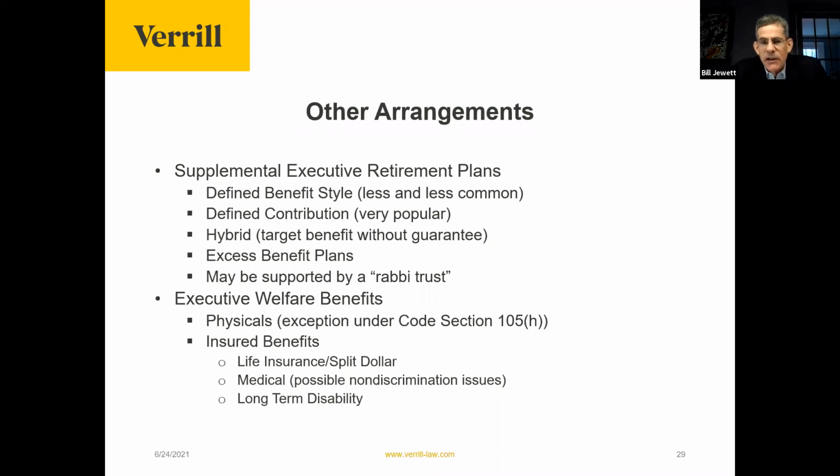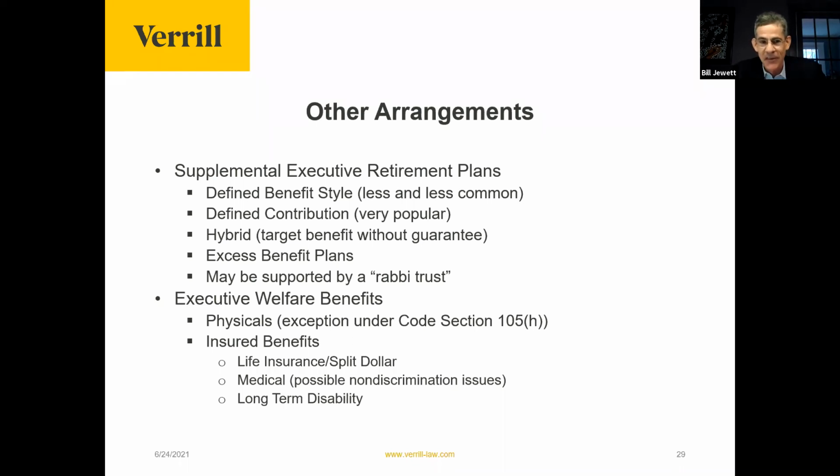There are supplemental executive retirement plans, which are essentially retirement plans that go over and above what the tax qualified ERISA plans provide. So you can have a defined benefit style SERP, supplemental executive retirement plan. That might be something like a promise, and when I say promise, you should be thinking deferred compensation. These are subject to 409A.